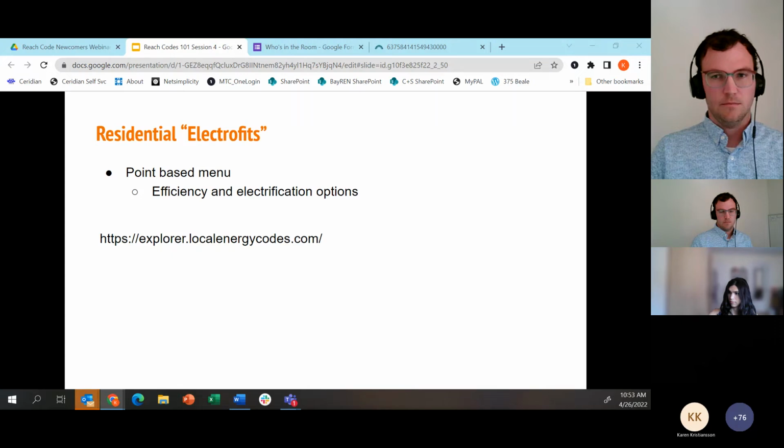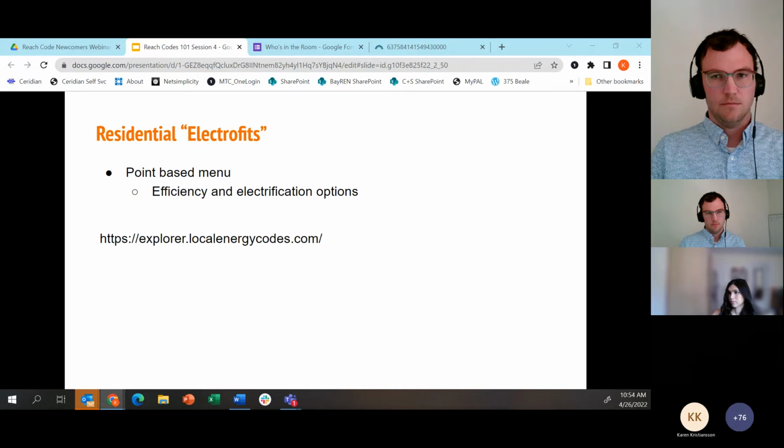So there is so far only one type of existing building ordinance that focuses on electrification that's been adopted in the state. So I just want to spend a couple minutes on what that is and how it works. And then we're going to talk about some of the broader opportunities that are emerging that people are discussing and developing that perhaps are not as clear cut yet.